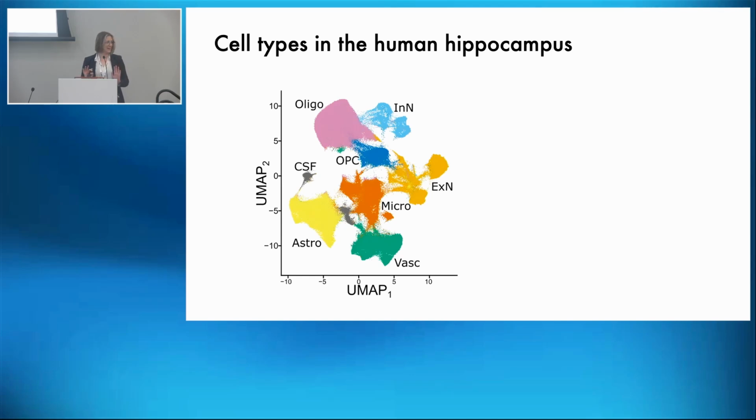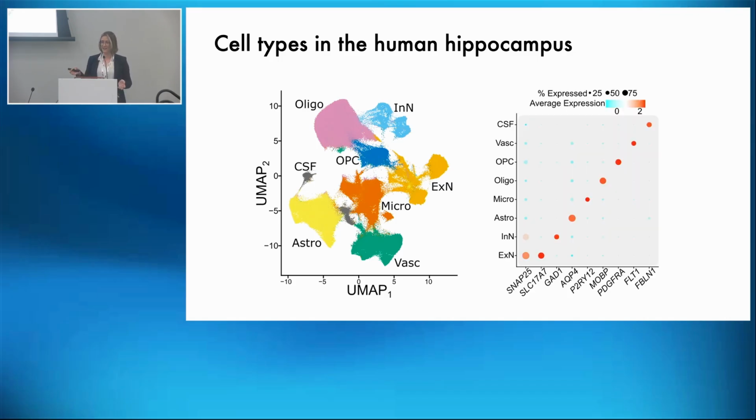Just to give a bit of background, what is a UMAP, for the 5 people in here who might not know? Each dot represents one cell, and cells that sit together in space and cluster together, so they have the same color, express the same genes, so they have the same molecular profile. If we look at canonical marker genes, we can then identify the underlying cell types. Broadly speaking, I was able to identify all the big cell types in the human hippocampus: oligodendrocytes, excitatory neurons, inhibitory neurons.